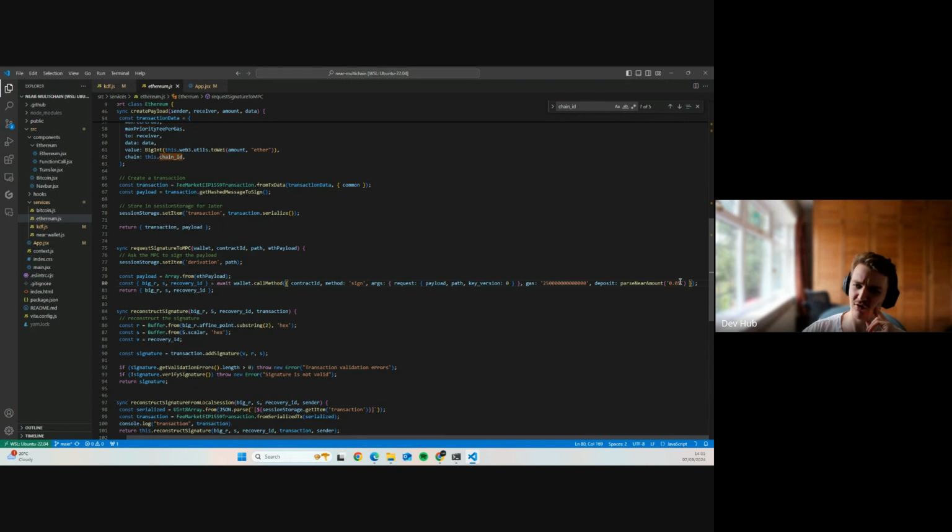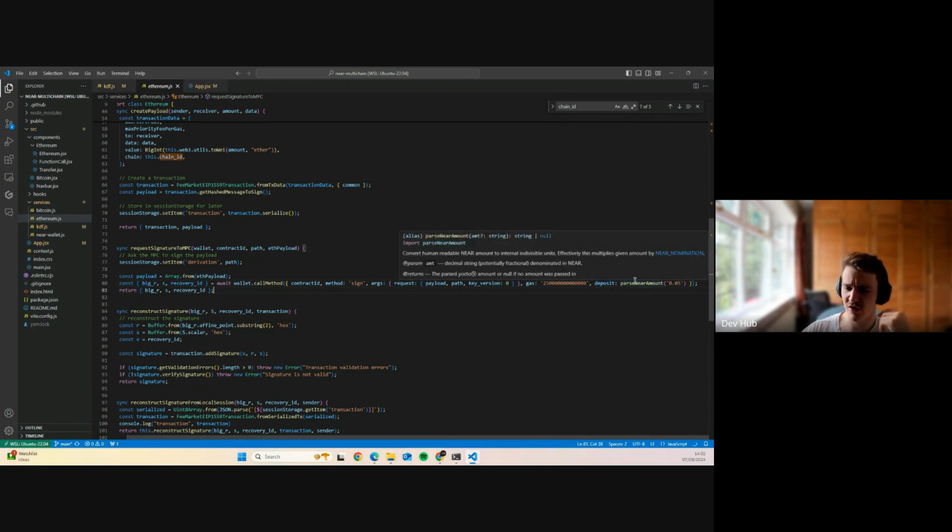So we just attach some gas and we attach a deposit. Here we're attaching 0.05 NEAR, but this deposit will change based upon how congested the MPC service is. So it goes from like 1 yoctoNEAR, which is the smallest amount of NEAR. It's basically nothing, but it just needs that amount of NEAR to have the wallet pop up because you're doing some vital transaction where you have to clearly accept and sign the transaction. And then it can go up to something like, I think it's 0.7 NEAR, 0.65 NEAR, I think it is, which is quite expensive,